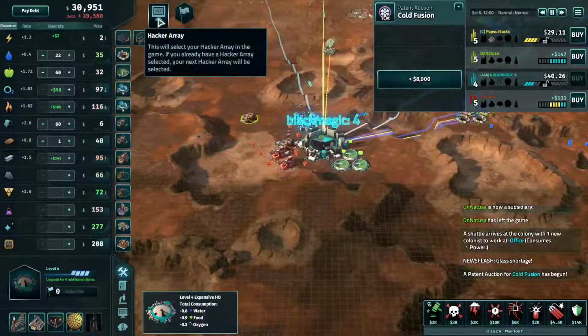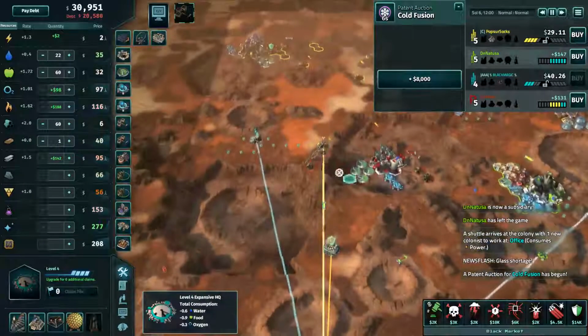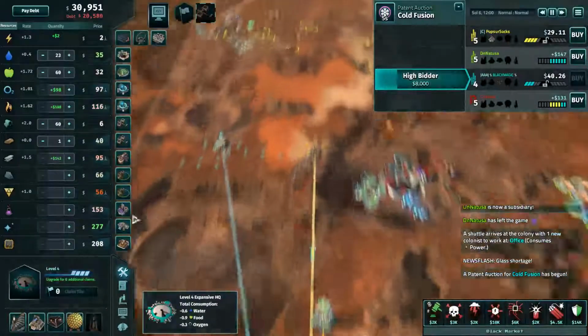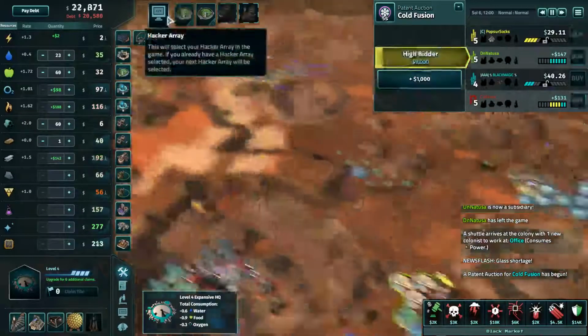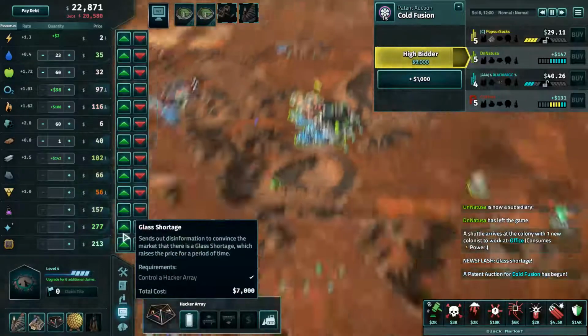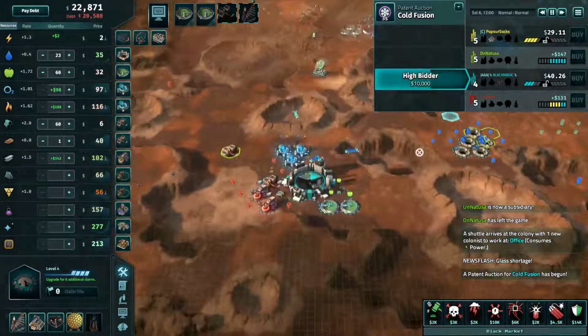Let the bidding begin. He's not currently hacking, which I don't know. I would probably say it's a mistake at this point. I mean, there are markets you could hack that I'm not currently in. His hacks cost 7K, so that could definitely be why. That's a bit on the expensive side for a hack,